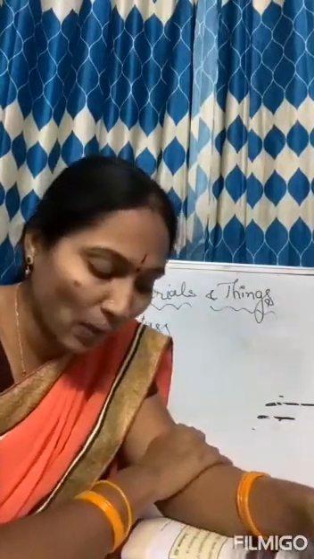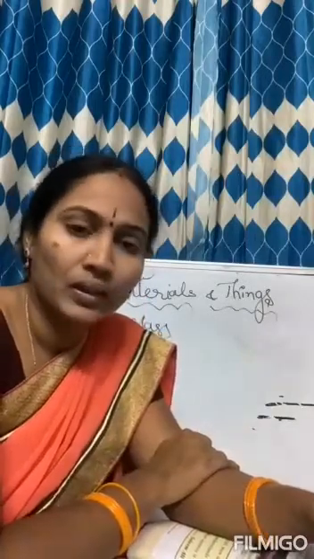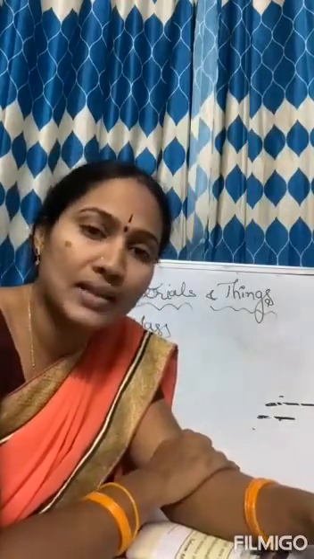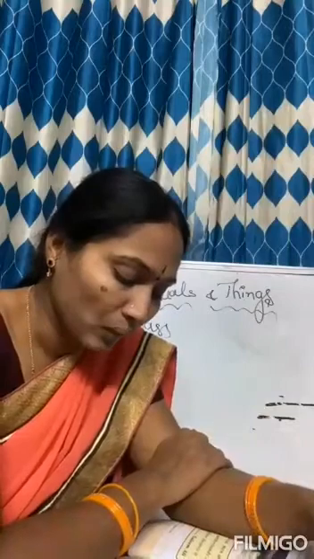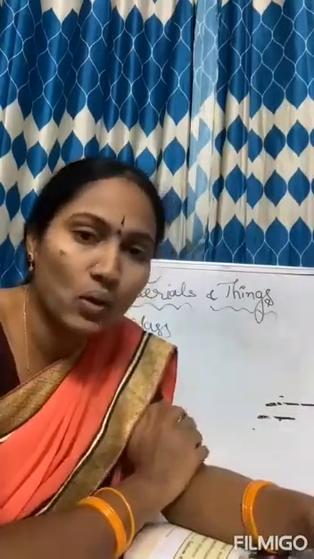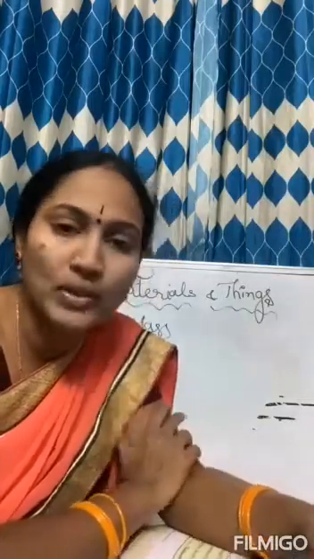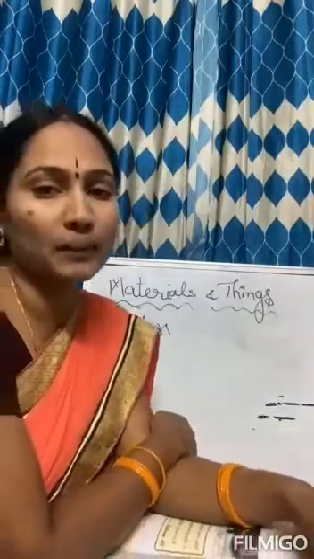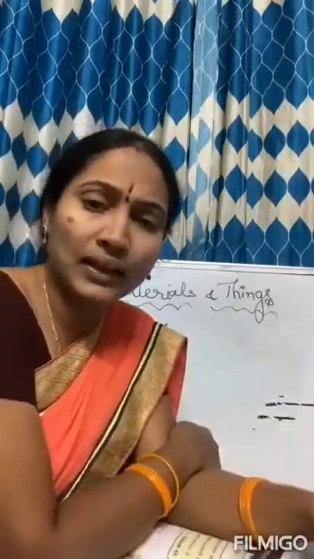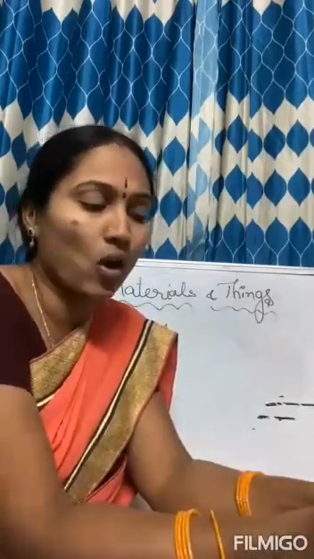Can you decide why some objects broke and some did not break? Yes, the objects that are made with glass and ceramic have broken, and the objects that are made with stainless steel do not break. Why? In our day-to-day life, we are going to learn briefly in this lesson. We use several objects for different activities. These objects are made up of different materials. In our daily life, from morning to night, we are using different kinds of materials and objects.